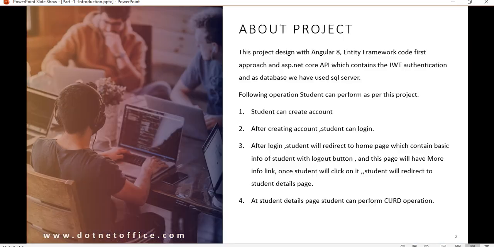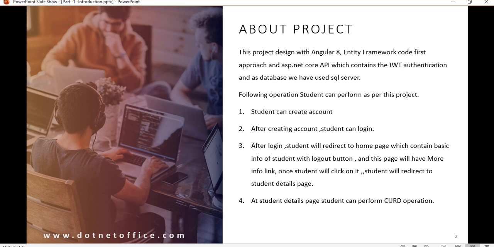Basically, this project is implemented in Angular 8 using the Entity Framework code first approach and an ASP.NET Core API, which contains JWT authentication, and as a database we are using SQL Server.